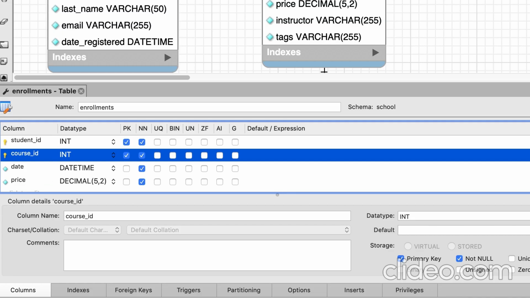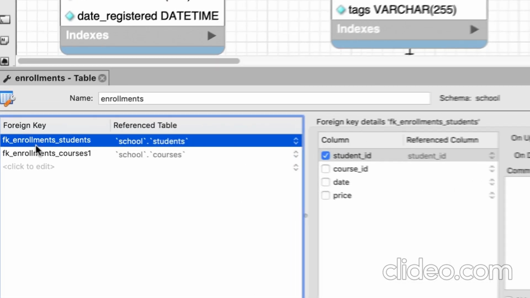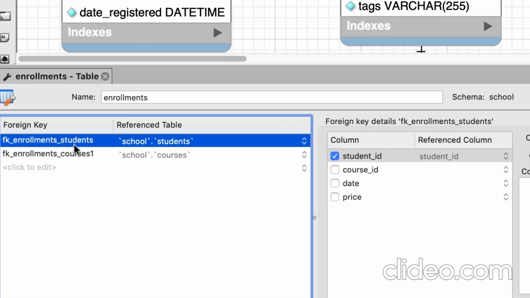Okay. Now, if you look down below, we have this tab, foreign keys. Here you can see we have two foreign keys in this table. Each foreign key has a name. By convention, we use FK, underscore, foreign key table, underscore, primary key table. So the first foreign key is for the relationship between the enrollments and the students table. So you can see this foreign key is referencing the students table. The second foreign key is enrollments to courses 1. Now, sometimes MySQL automatically adds a 1 or a 2 at the end to prevent this name from clashing with another foreign key in this database,